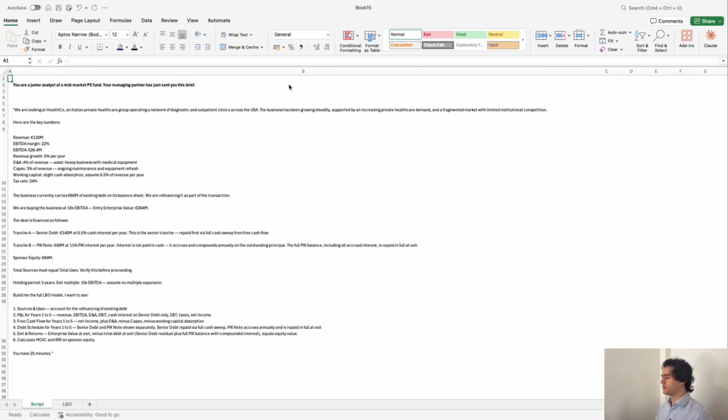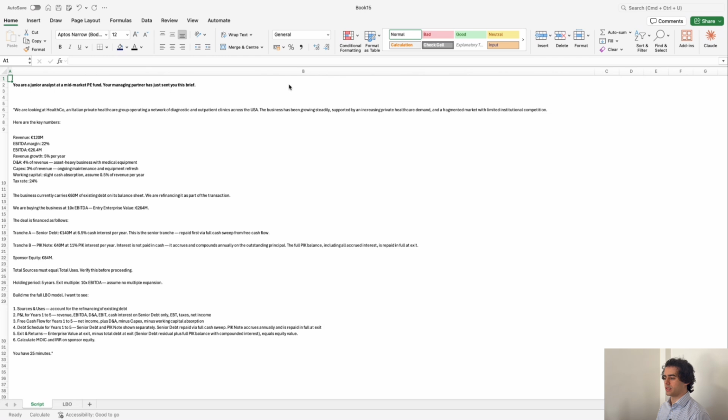The business has been growing steadily, supported by an increasing private healthcare demand and a fragmented market with limited institutional competition. We have revenues at entry 120 million euros. So EBITDA margin 22%, so 26.4 million euros. Revenue growth year over year 5%. D&A 4% of revenue because it's an asset heavy business with medical equipment. Capex 3% of revenue. Working capital slight cash absorption, so let's assume 0.5% of revenue per year, and tax